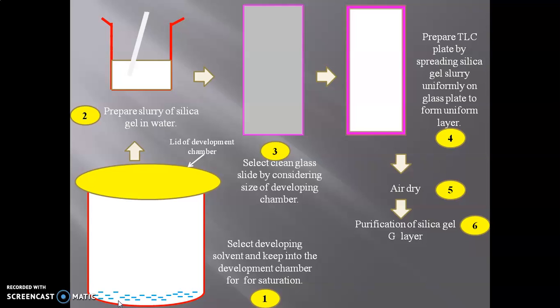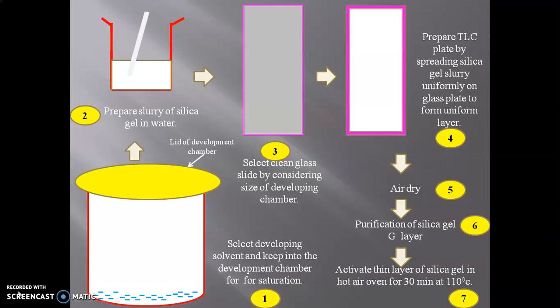So dip the air-dried TLC plate into methanol and concentrated HCl in a 9:1 proportion, and allow the solvent to run through to the other edge of the plate. The iron gets migrated with the solvent front to the upper edge of the plate, and then activate the TLC plate.